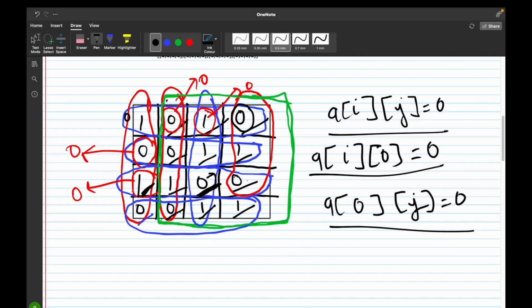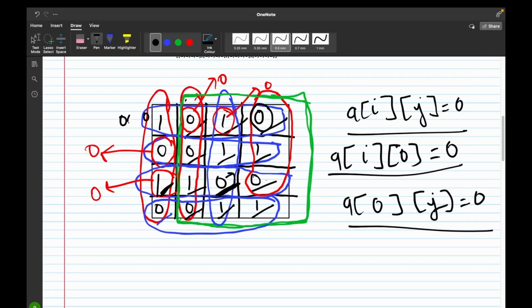Now let me demonstrate to you again what is happening when we write these equations. See, the index of this is 0, 0. This is 0, 1, 0, this element. Now the index of this element is 2, 0, and the index of this element is 0, 1. This is 0, 2, and this is 0, 3. Now if we take this element,